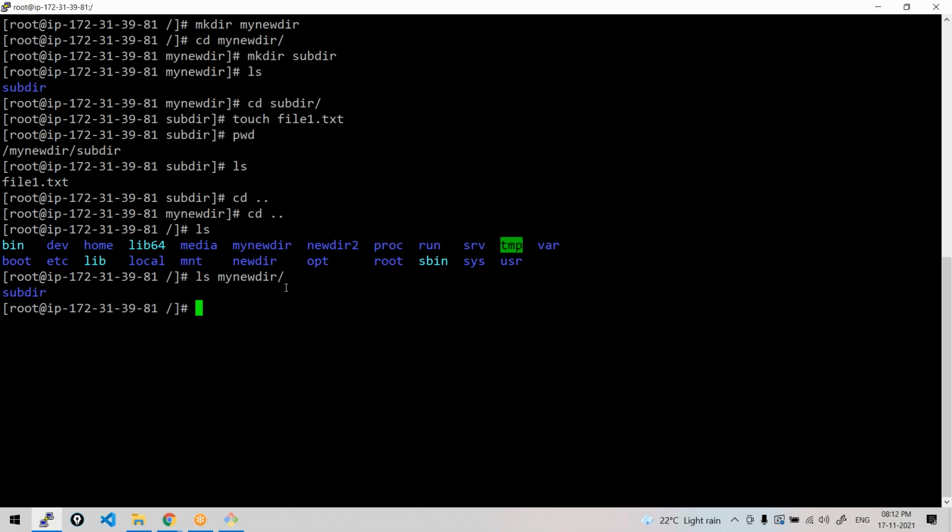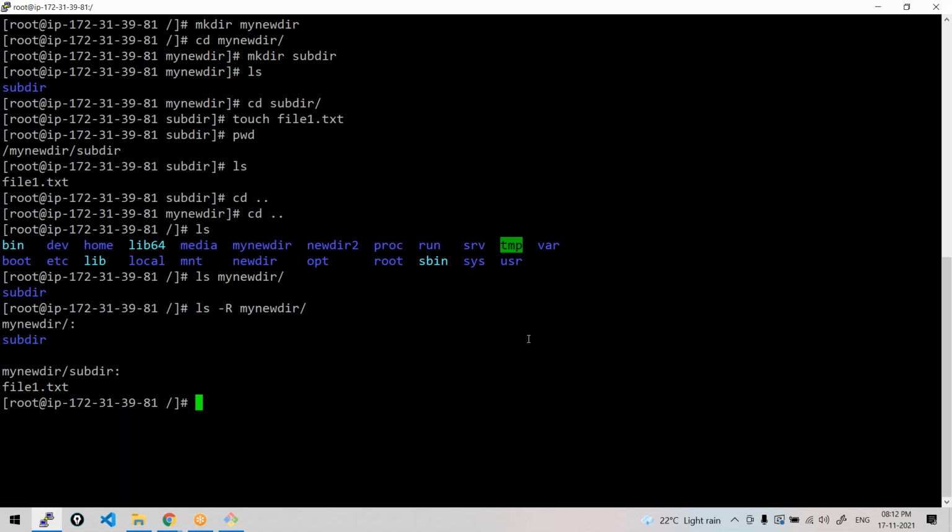Okay, it was just showing you the subdirectory. If you also want to list the files and folders of it, ls -r my new directory. Understood now? This kind of display so that you could see all the contents of it. In Windows, you may just open a folder with double clicks and you may check. This is how you can check the contents of any subdirectories. They can be displayed this way.